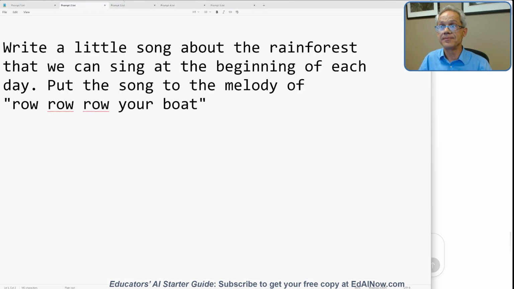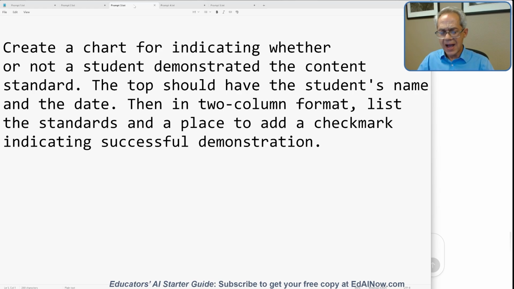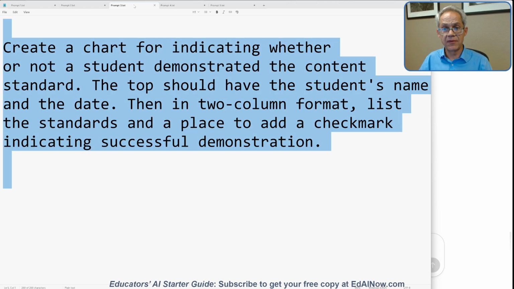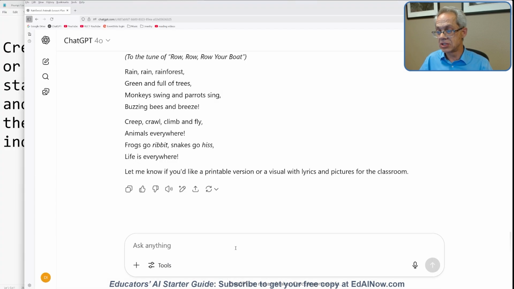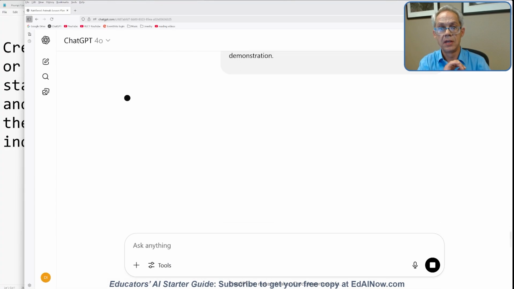Number 3, thinking about what we need as the teachers, I need something that says, are the students actually getting the content? We have content standards. I need to observe the students, and I have my little assessment at the end. Are the kids making progress towards the standards or not? Can they demonstrate these skills? And for that, I need a little checklist, basically, for each student. So let's turn that over to AI